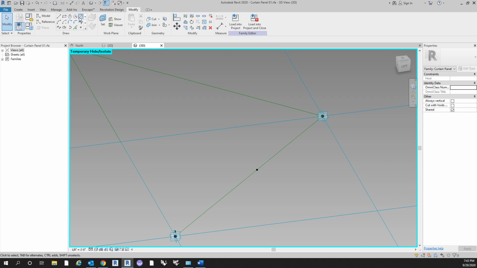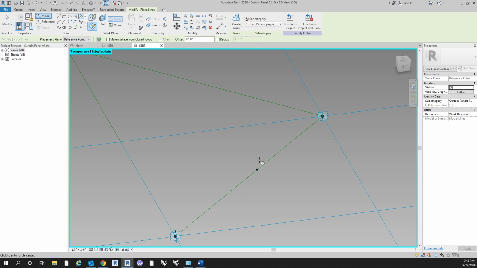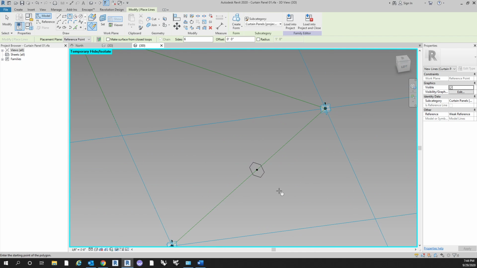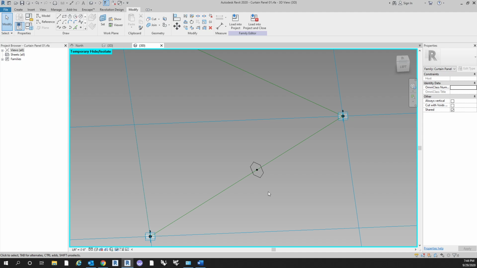And then just to make it easier, let's do a circle. Actually, you know what? Let's get a little complex. Let's use inscribed polygon, 6 sides, so that's fine. And then, yep, our placement plane is on our reference point. If we just draw this, make sure that it's actually being drawn on our plane by panning around, making sure it's in line with all that. And then what we do to